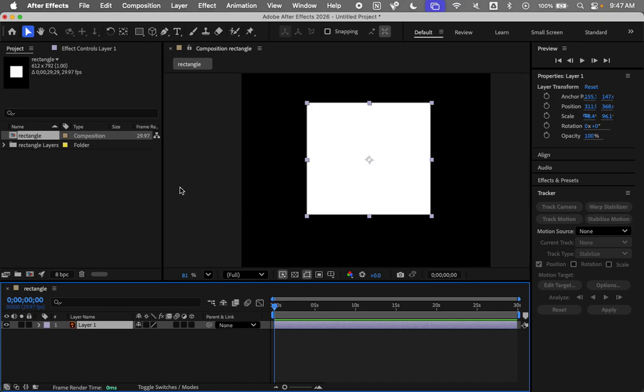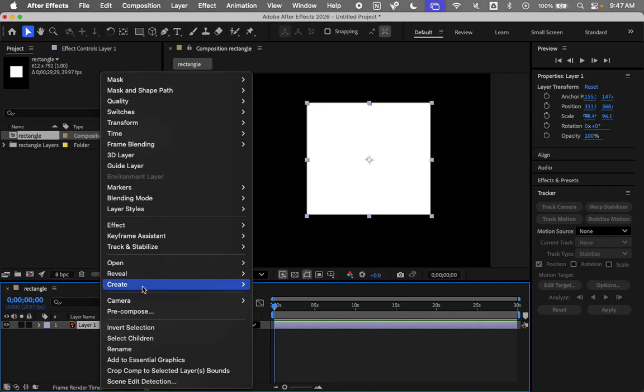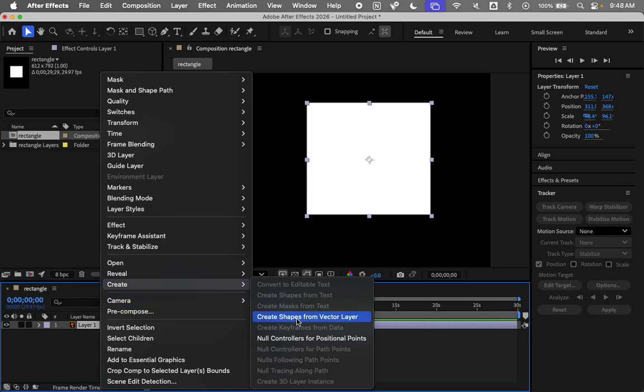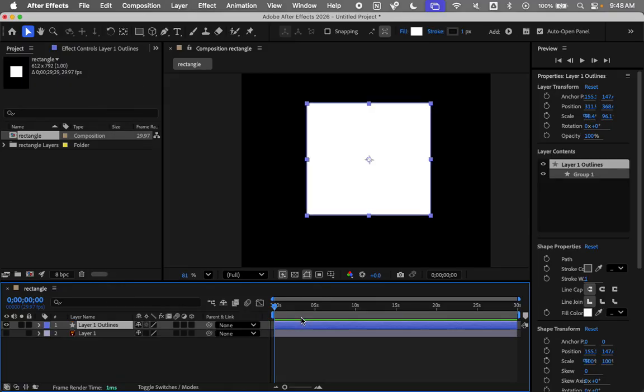For posterity, we are taking something from Illustrator, bringing it into After Effects, and then turning it into a vector shape that we can then animate the lines of. So right click, create, and then create shapes from vector layer. It's kind of nested in a weird spot here. But when we hit create shapes from vector layer, that's going to chug away and come back with a new layer